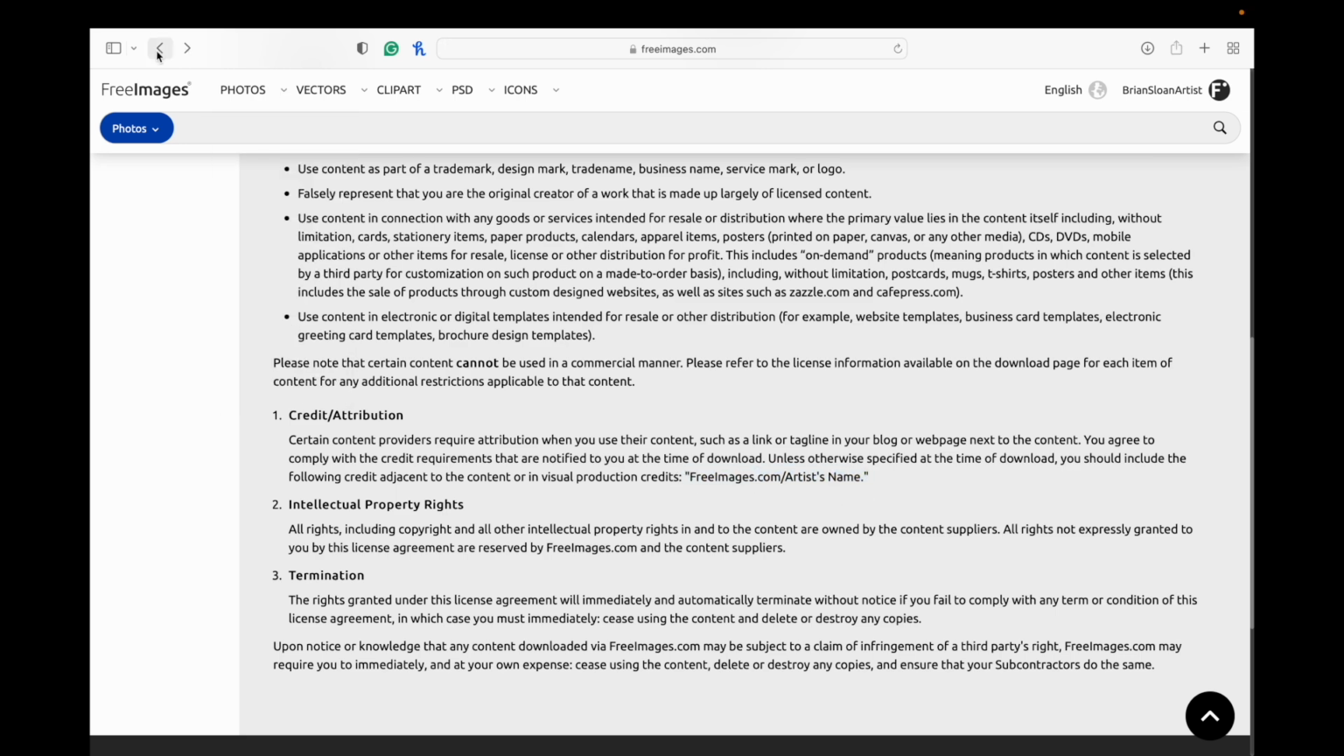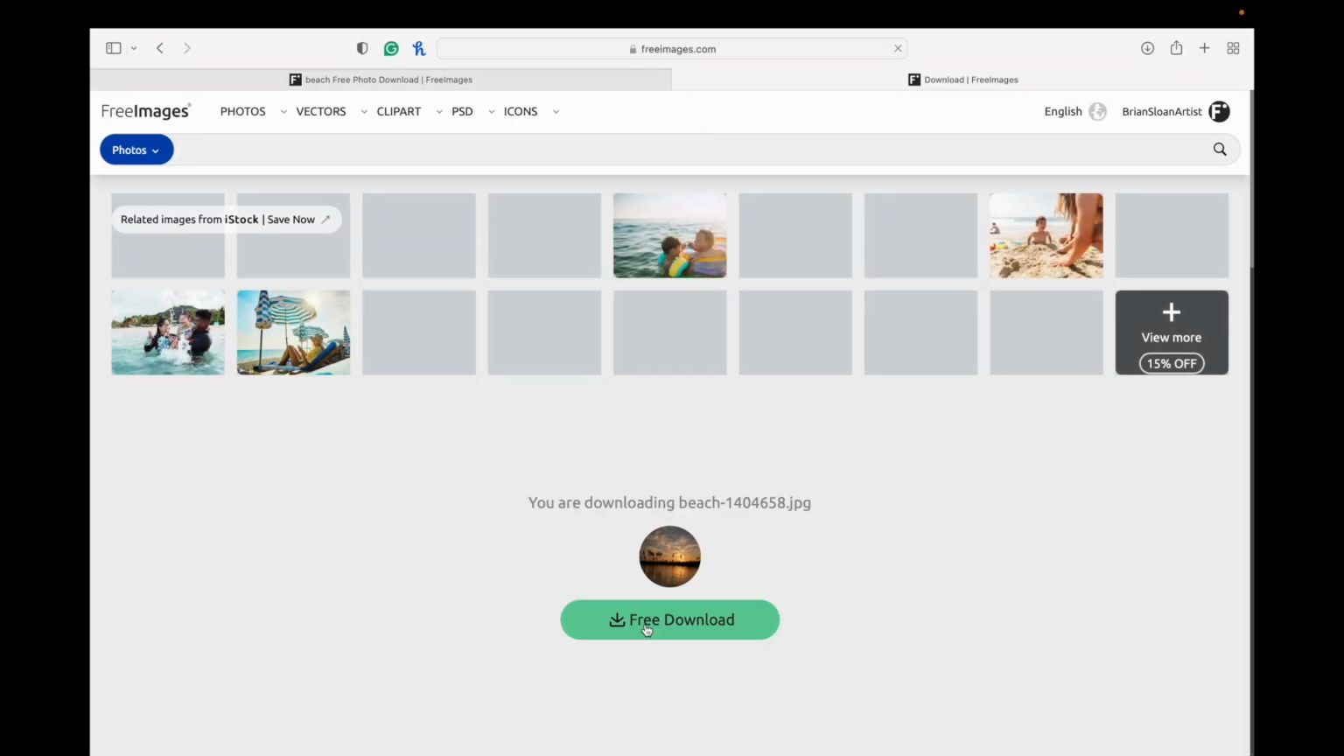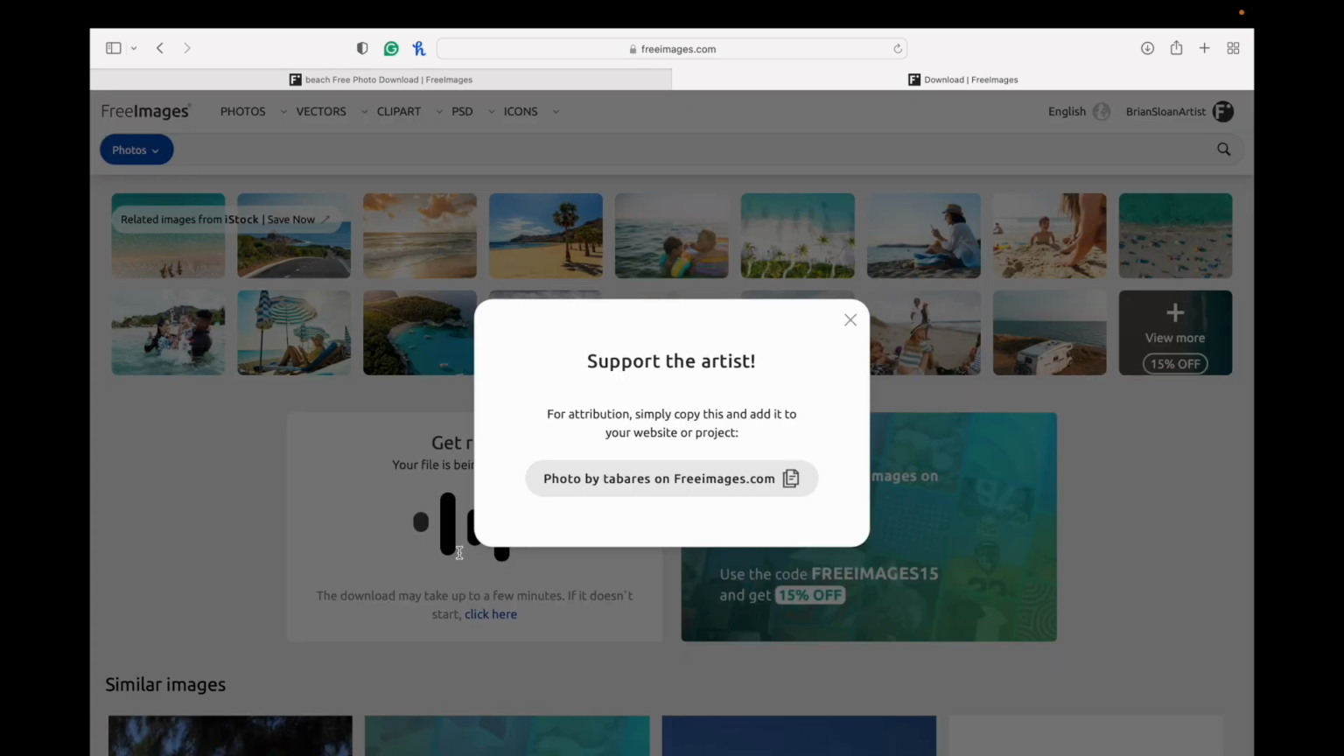So if I go back to this image here, and let's say I hit the free download button, and let's download that. It makes you wait a few seconds to download it. There you go. Once it is started, then it gives you the attribution that you need, so you can just